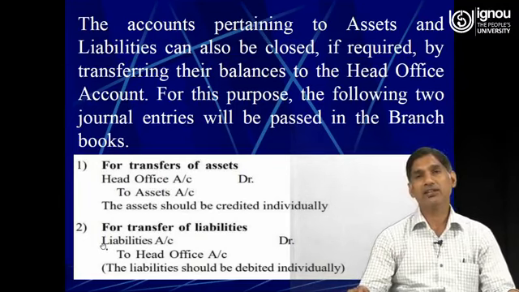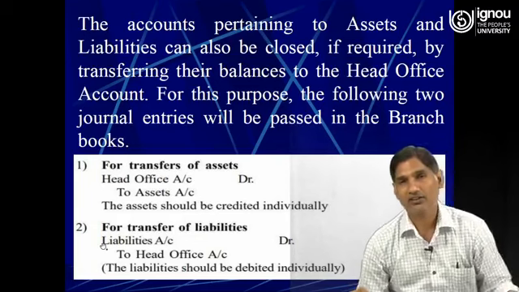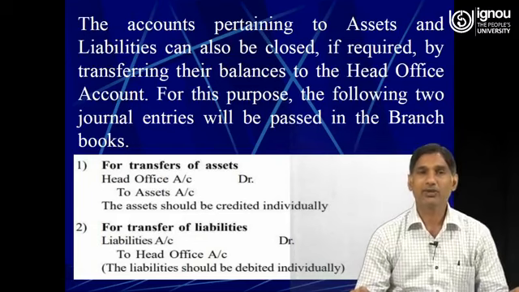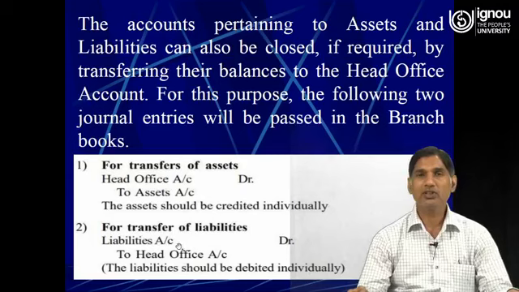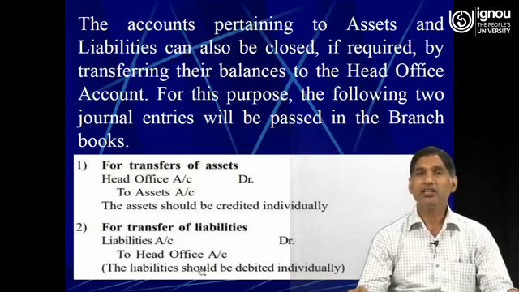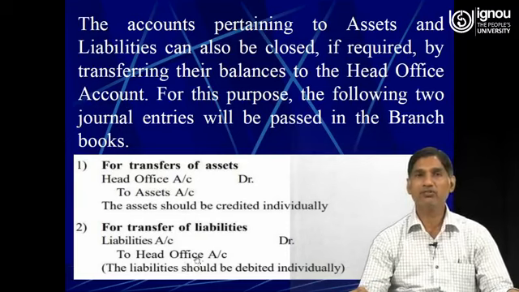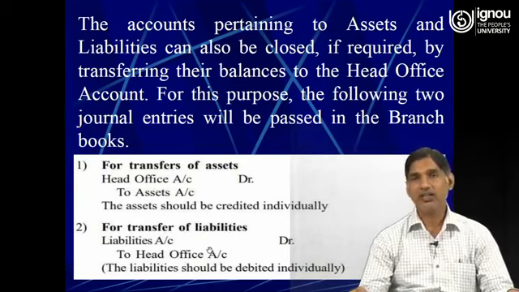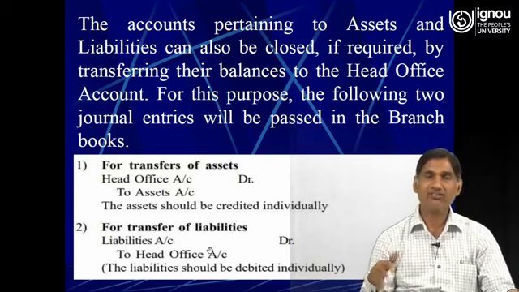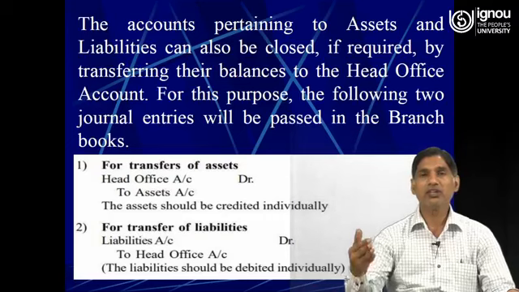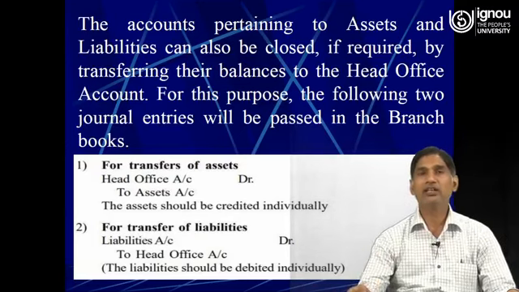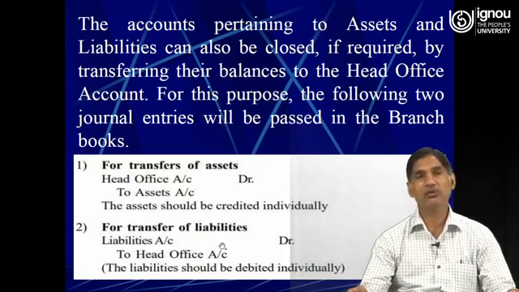So you know that the liabilities have a credit balance. But here why has the liabilities account been debited? Because this liability does not pertain to the branch. It pertains to the head office. Until we make the payment of the liabilities, it will stand by us. But when we are transferring the liabilities from our accounts to the head office, it means we are minimizing the balance, and liabilities can be minimized only when the liabilities account has been debited.